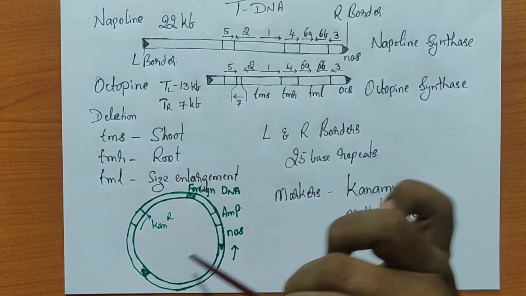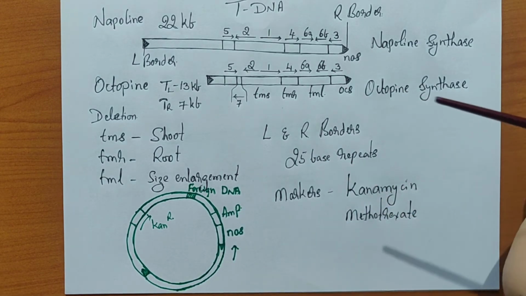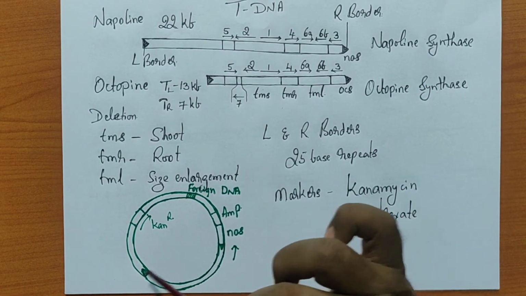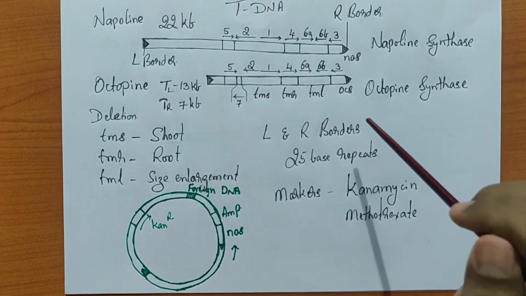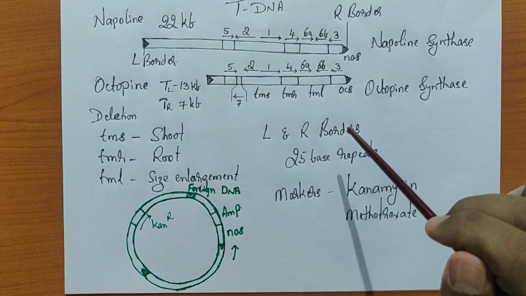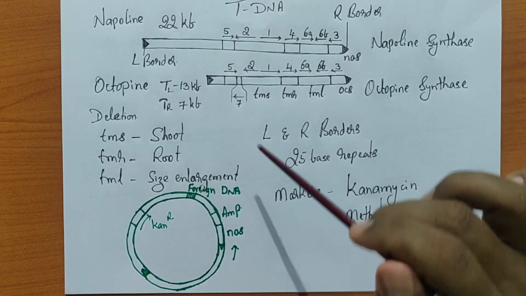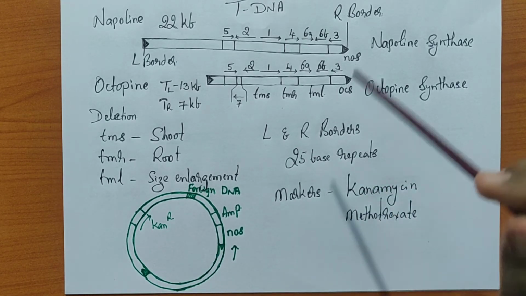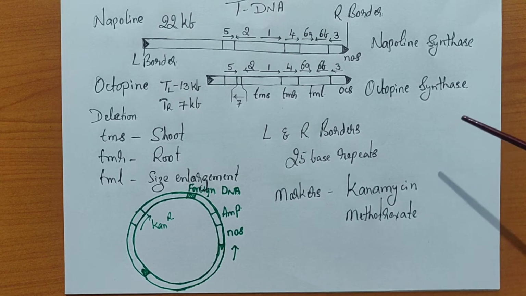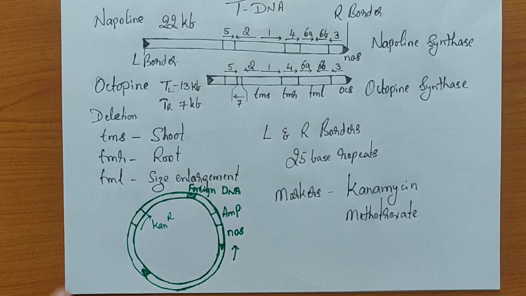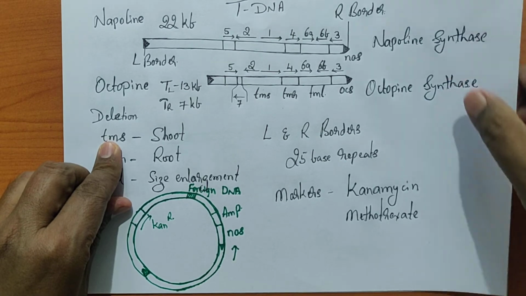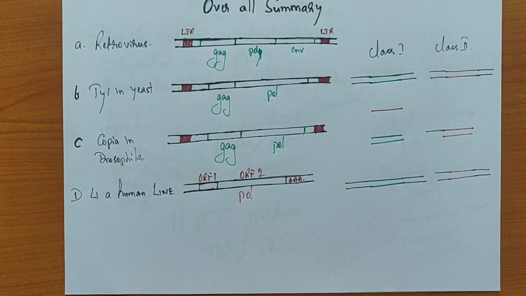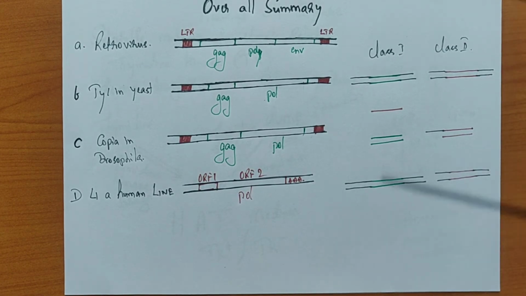So with these border sequences, this is how the plant vectors are easily designed for recombinant DNA technology. Using these vectors, we can introduce a specific gene of our choice. For example, Bt cotton, Bt brinjal, as well as the golden rice. These are a few examples in which, using recombinant DNA technology, a specific gene has been introduced. Now with this, I will also try to explain how the transposable elements and other things are going to work out. So now this is an overall summary.